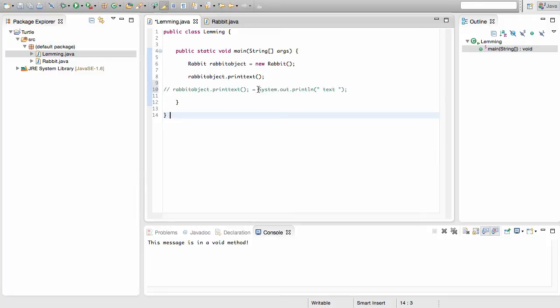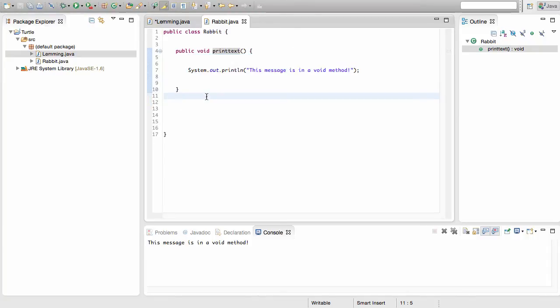Whatever we have inside of this print text method inside of the other class is really what we're replacing it with right here. So keep this in mind, right? You're going to see exactly what the purpose of me showing it to you in this way is going to mean in a moment. So we're going to head back into the rabbit.java class, and we're going to go ahead and design another method. And this is going to be one that's not going to have a void return type. It's going to have an integer return type, which means it's going to be expecting it to have an integer once it's all finished. We're going to call this the print sum method over here,